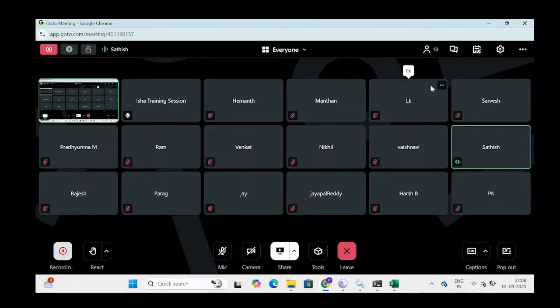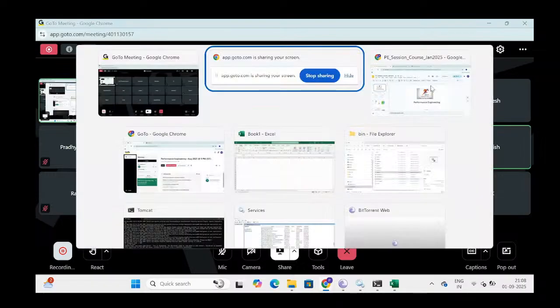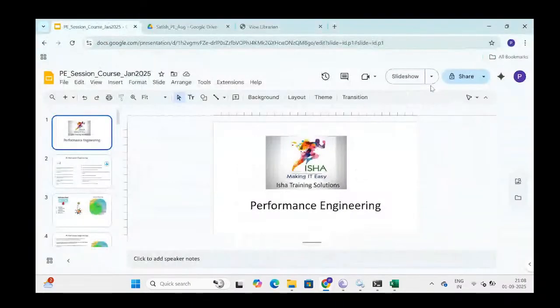So this course, performance engineering, this is something tailored for people who are in performance testing already, or if you are a performance lead, or if you are working for a QA testing, or if you are a developer. So this is a beginner to intermediate course for performance engineering. Okay, we have tailored. I have used the word tailored because